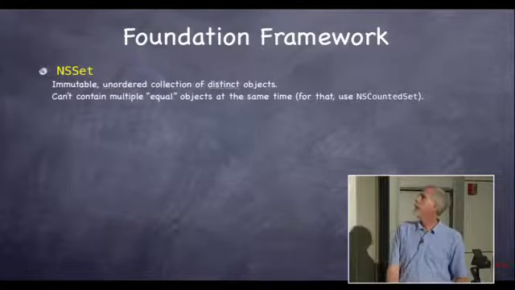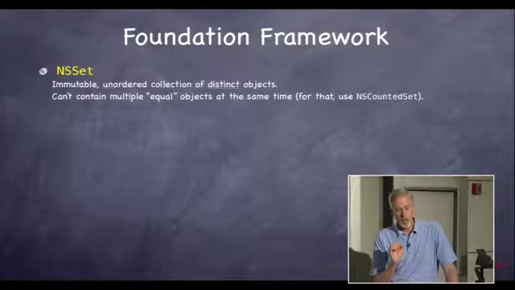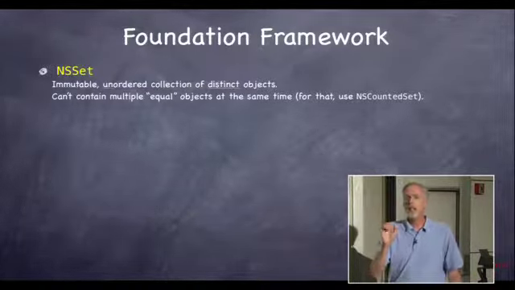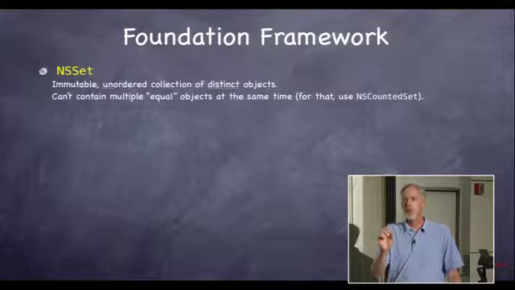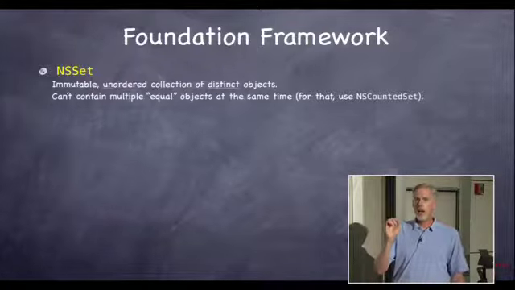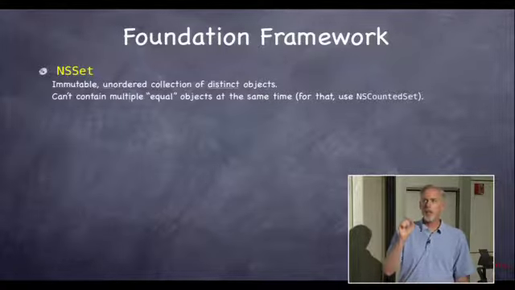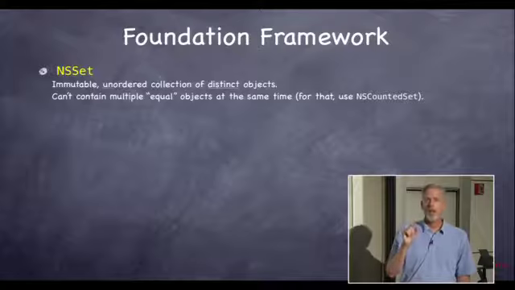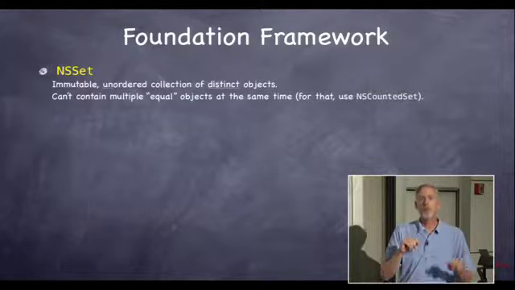NSSet is an immutable, unordered collection of distinct objects. So all those words matter, okay? It's unordered. There's no objectAtIndex like an array. It's immutable, just like arrays and strings, and it's distinct. You cannot put the same object in twice, not just an object with the same pointer, but an object that is equal to an object that's already in